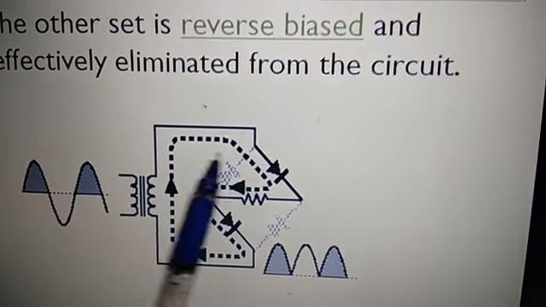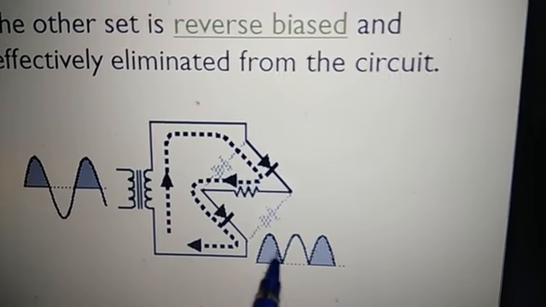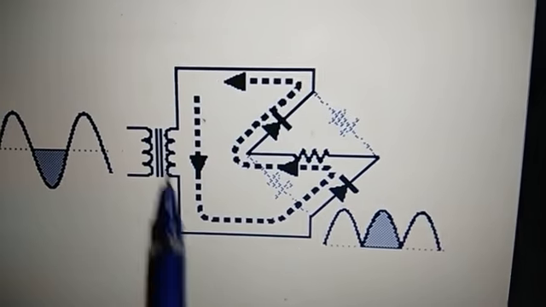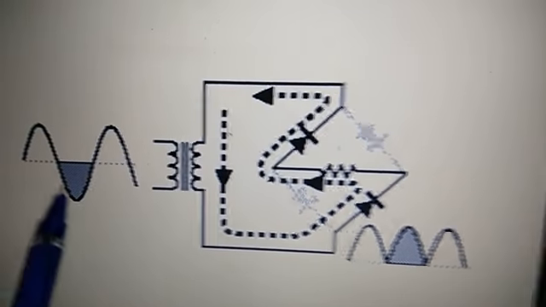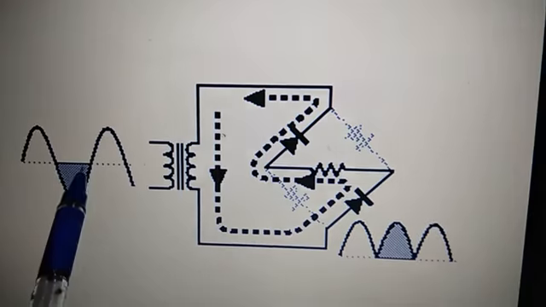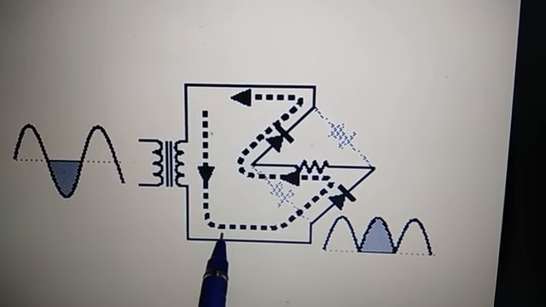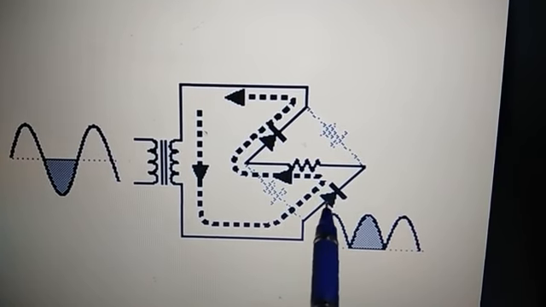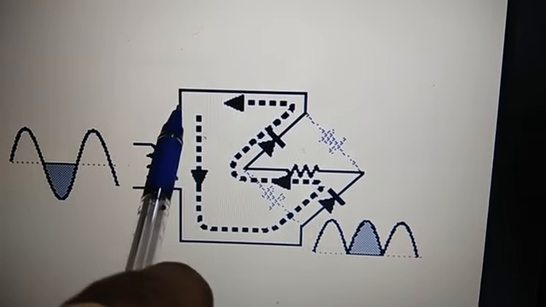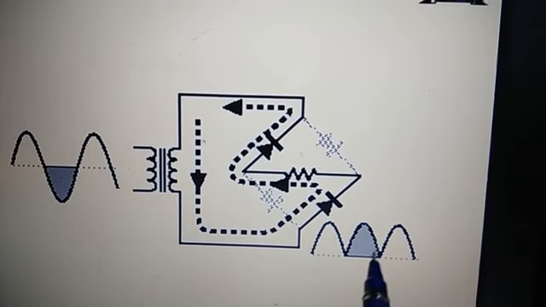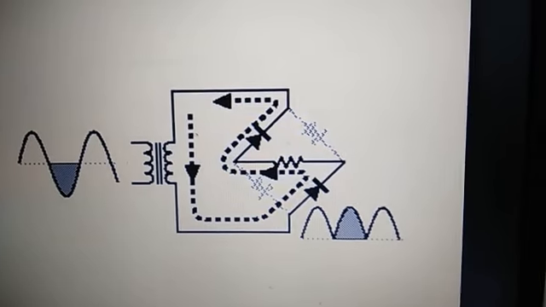This is the diagram shown for the diodes conducting this and this. You will get this output. But in the second case, you can observe that this is negative and this is positive. When this negative half cycle is applied, this will be negative and this will be positive. So the diode will be conducting this one through this load resistance, through this diode and towards the negative. And again you will get the output on this side. So these two diagrams are shown for the flow of conduction in this.